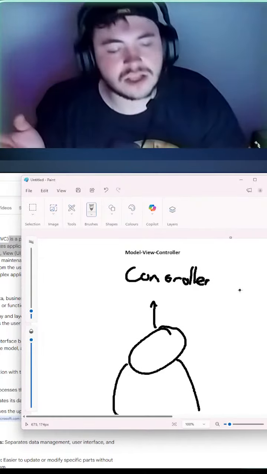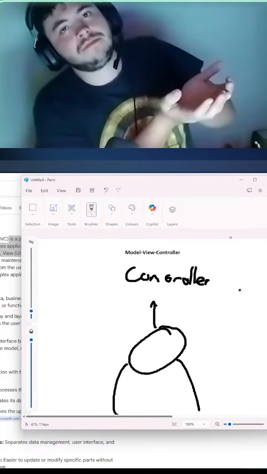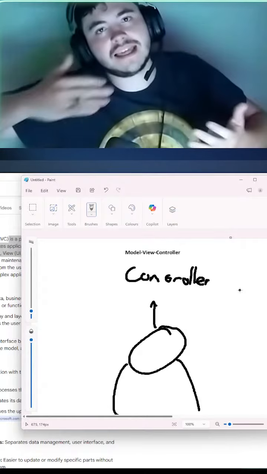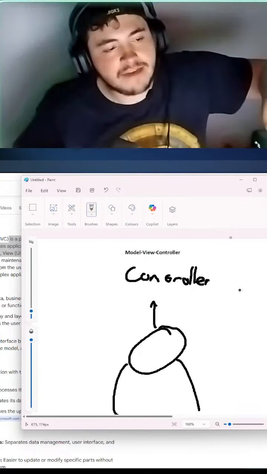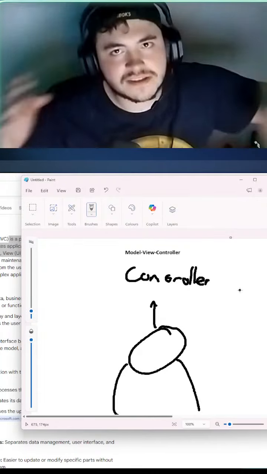It hits a URL and says, hey URL, this is what I have. I am looking for something that looks like this. Can you help me? What does that mean? Where is that defined?